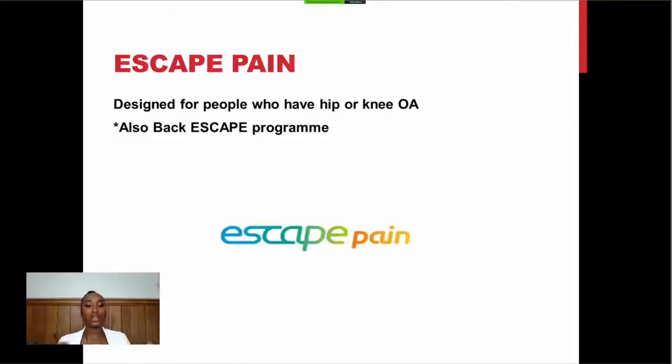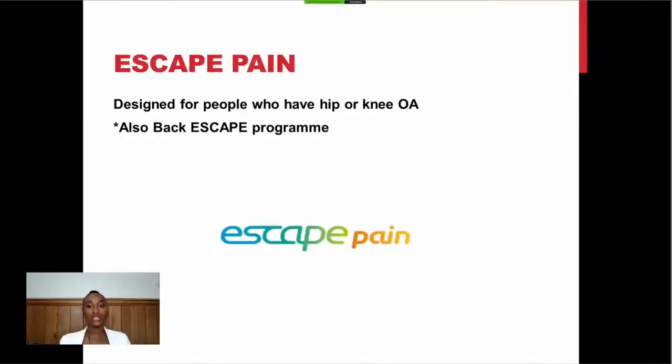And people would come, and what we would do is speak to them about the different factors in their life that they can change to help improve their symptoms, but then also give them lots of different exercises that they can start to do to strengthen their muscles and get their joints more flexible.